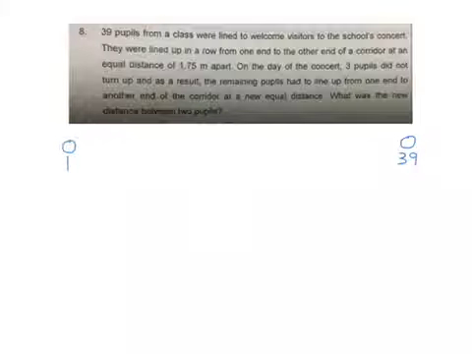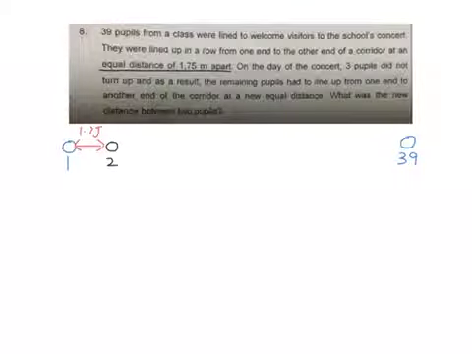Now, from the first child to the second child, how far apart were they? They were lined up in a row from one end of the corridor at an equal distance of 1.75 meters apart. That means the first child to the second child is